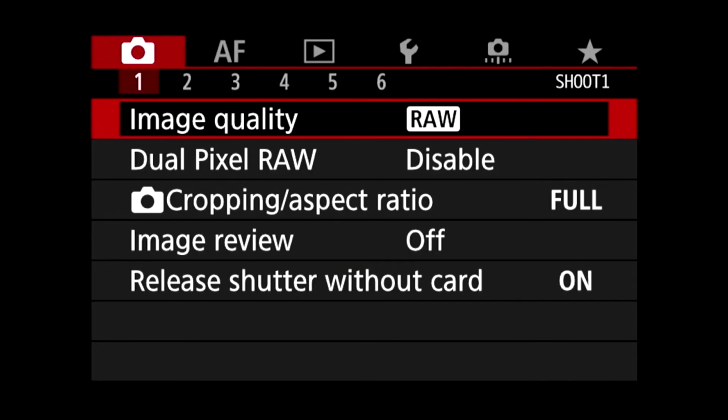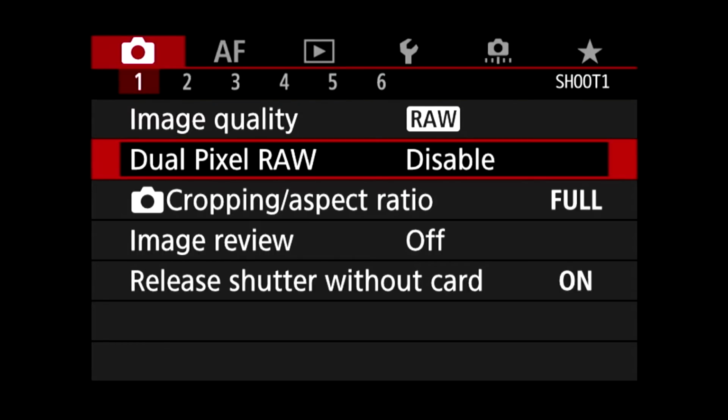The next, now not every camera is going to have this. This is something new that was added to the 5D Mark IV and the EOS R, and I believe it's also on the R5 and R6, but I don't own either one of those cameras, so I don't know for certain. And that's the dual pixel RAW. You can disable that on the EOS R. It's enabled by default. It doubles the size of your files. So basically the RAW file on this camera is about 60 megs. If you have the dual pixel RAW turned on, it jumps up to over 100 megs,